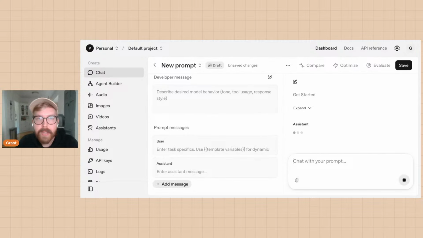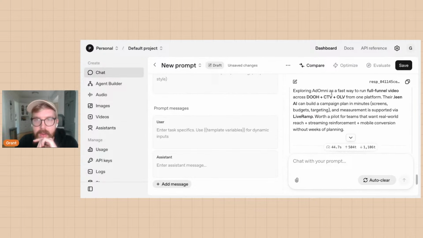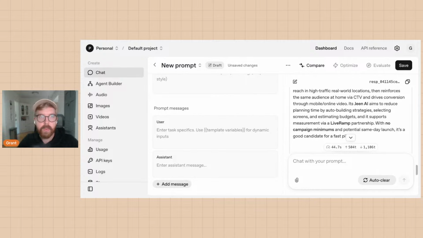Also, keep in mind I used the Pro version, so this is way overpowered for what we need. Okay, let's see what it says. I'm gonna turn my screen off for 1 second.